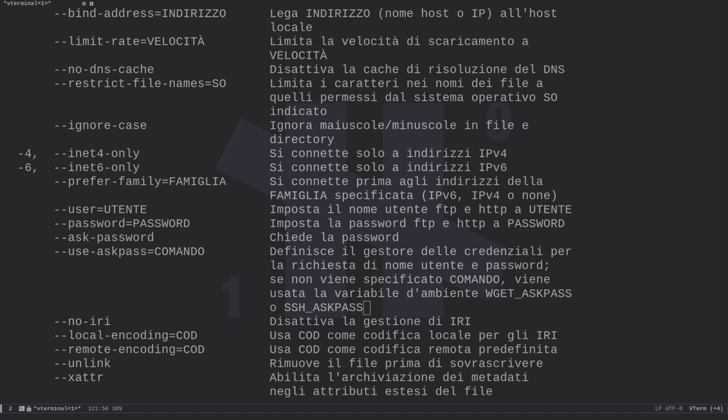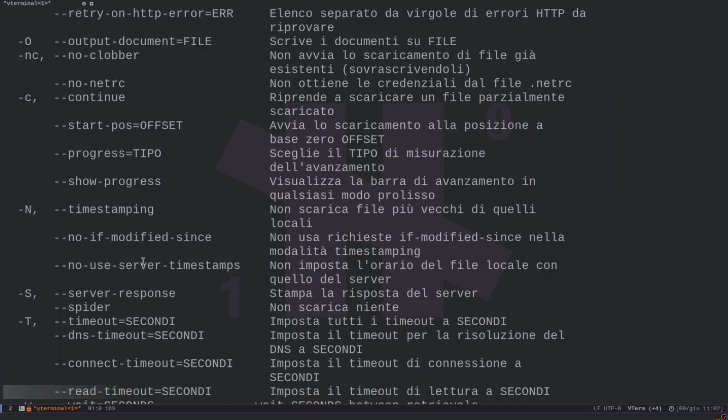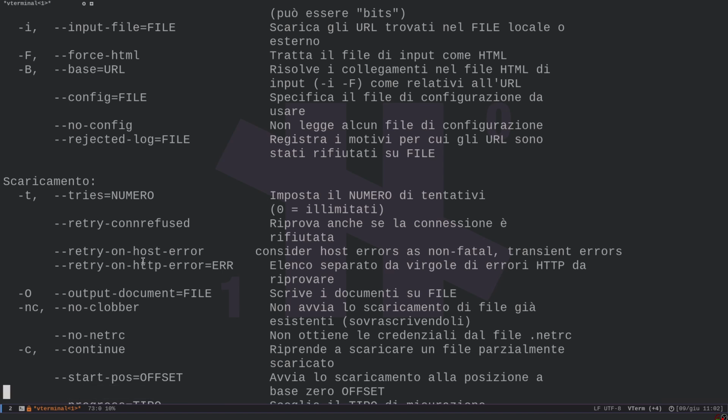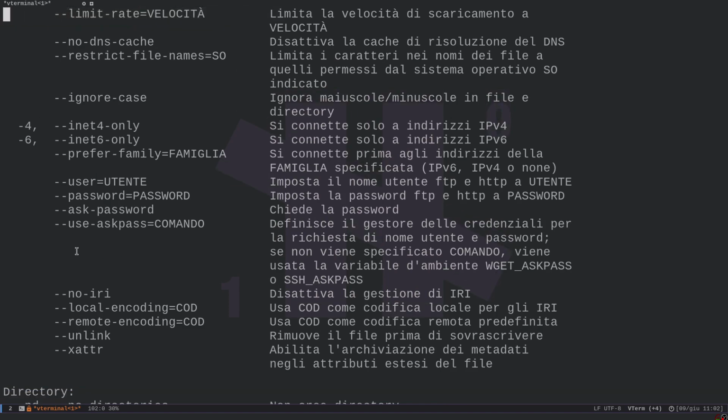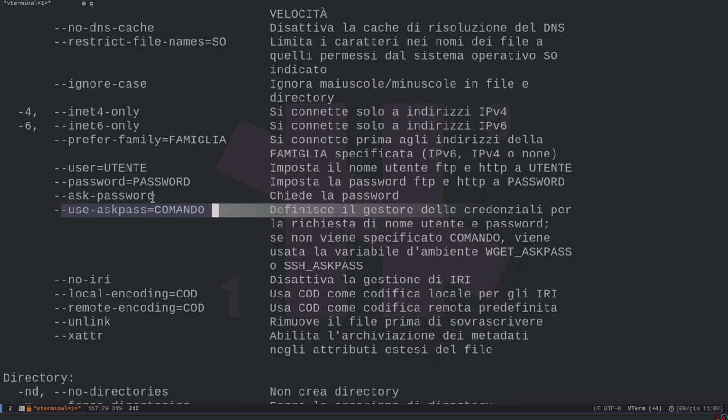So the way it worked is that the wget program has various flags. Now, since we are running this program as root, we want to find one of those flags, one of those parameters, one of those options that allows us to execute arbitrary code. And in this case, the way forward was with the askpass option, because --use-askpass takes in an arbitrary command which is used to handle the password manager. It sort of specifies the command to execute to get the credentials for doing HTTP requests with wget. So it's sort of like we are hijacking the logic of the program for our own personal benefit, which is